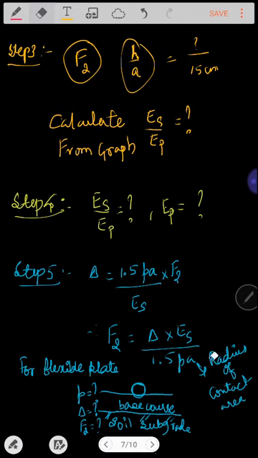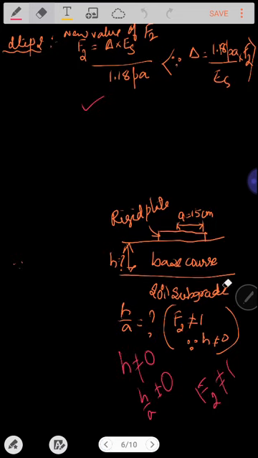where I told you in the previous slide itself, for the deflection delta in the flexible plate, the value of a, or the explicit form of a, is called the radius of contact area, whereas the value of a, or the explicit form of a, in the rigid plate is called the radius of the plate.